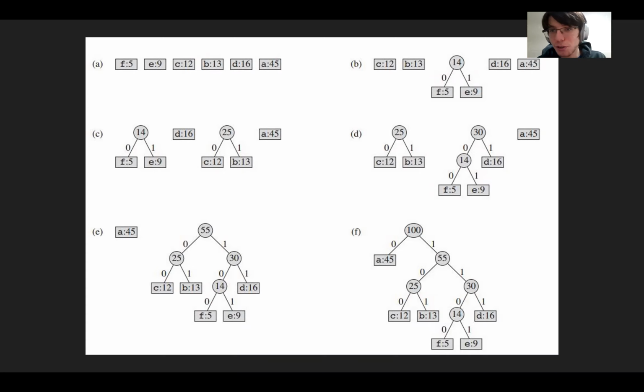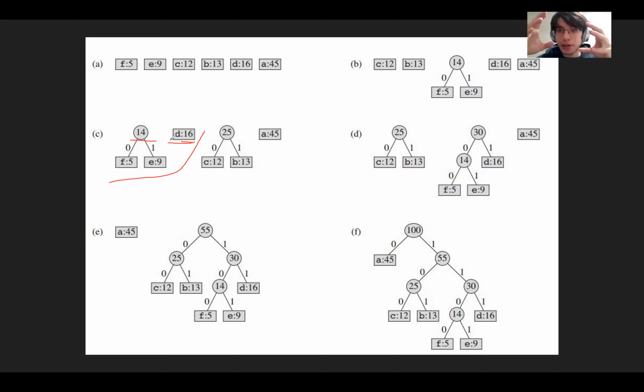And maybe that makes sense intuitively, because just thinking intuitively for a second, right? Let's do somewhere we already have things put together. So we have the third example. We have 14 and 16. Well, even though E and F are separate, there are 14 total characters there, right? And there are 16 total characters with D. So we're okay with having those as low down as possible in the tree, because we want to minimize the number of checks. So if we want to minimize the number of checks we have to make to go down the tree,